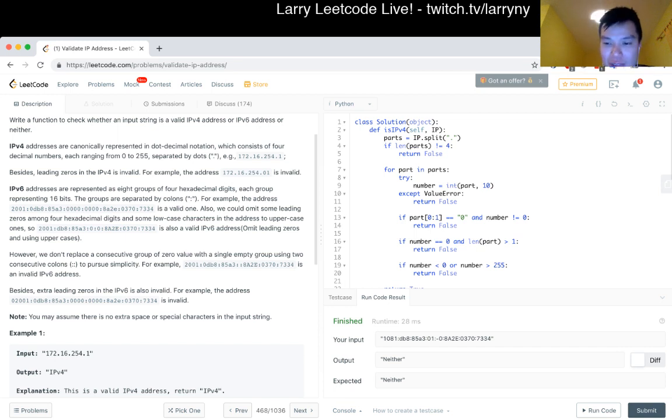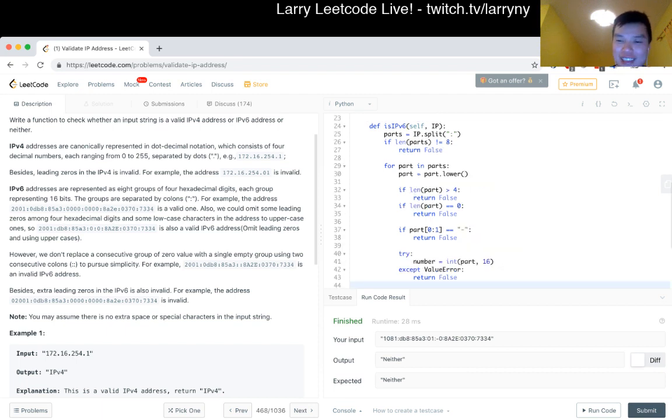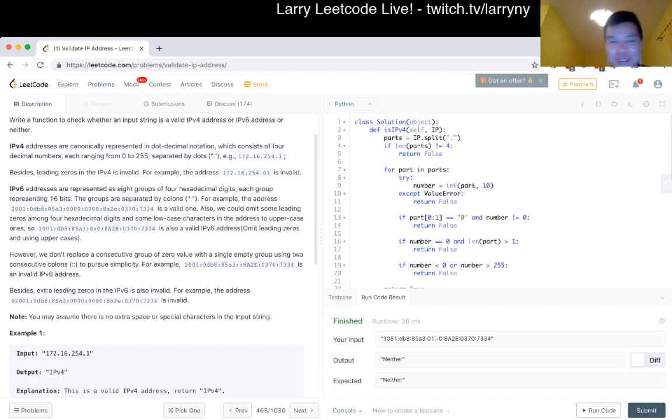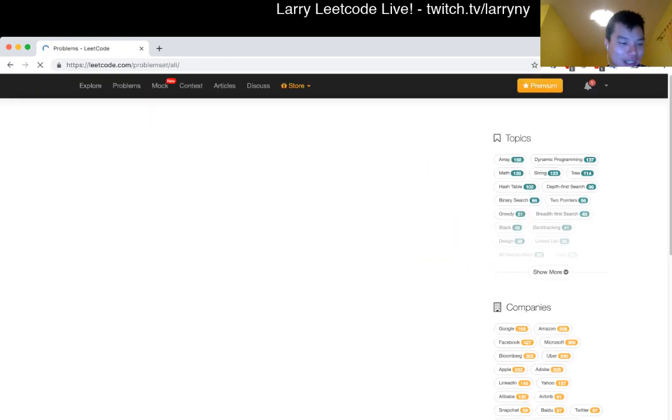Cool. Okay. I think that's all I have for this problem. I mean, it's very straightforward. I don't think there's anything algorithmic, as I mentioned while I was looking into it, so I don't think there's much to discuss. But now we could go quickly over a little bit about